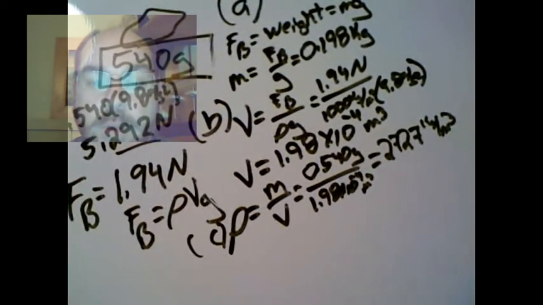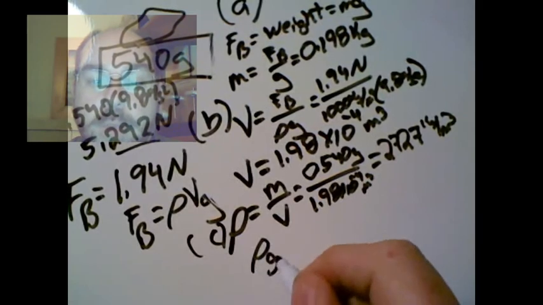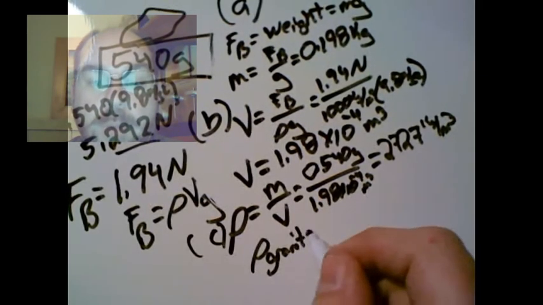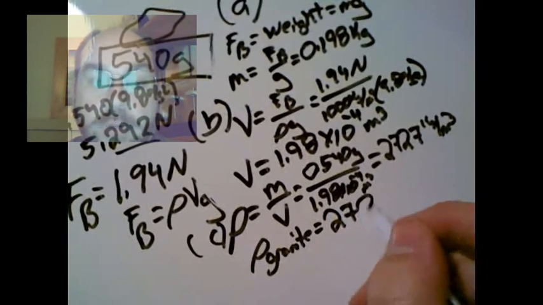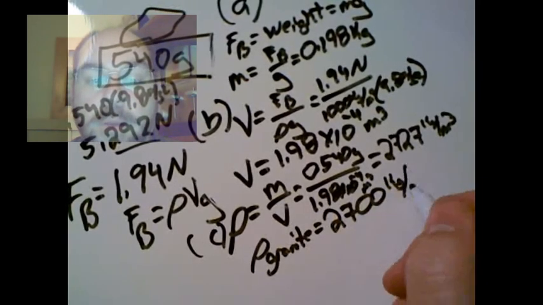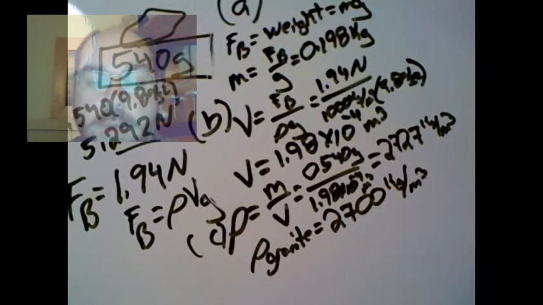2,727 kilograms per cubic meter. Now we'll compare that to the density of granite. We have to look that up somewhere. We'll look it up in the book, and it says it's 2,700 kilograms per cubic meter, and that's pretty darn